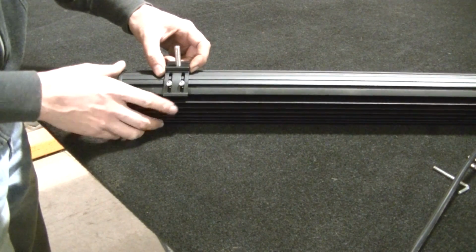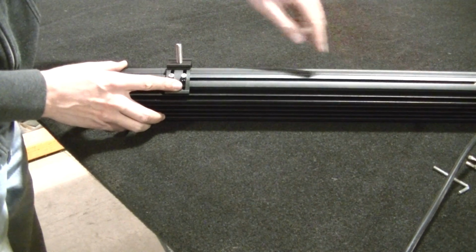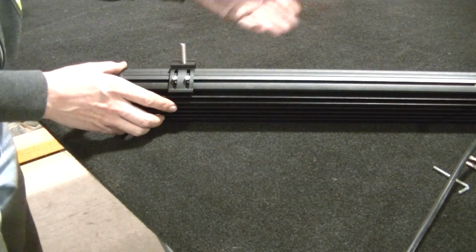So like I said before, it's not too critical on getting the width of your holes right, because these brackets can really slide anywhere. You do have to get the depth right or you have a crooked light, but